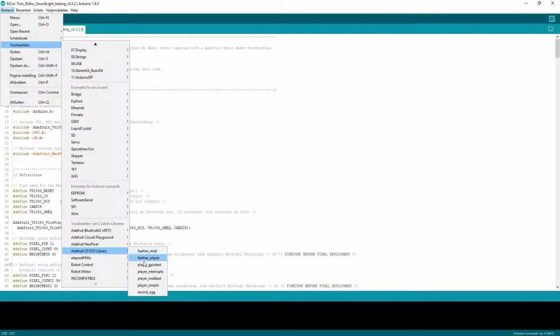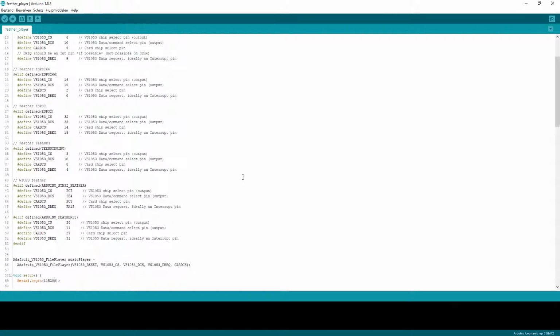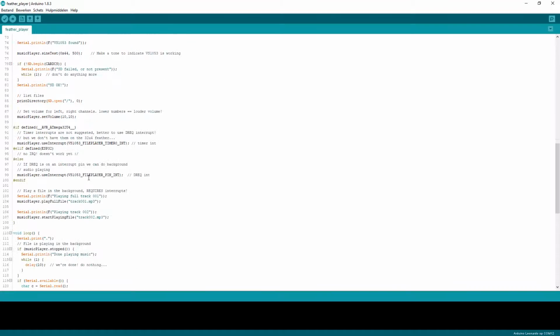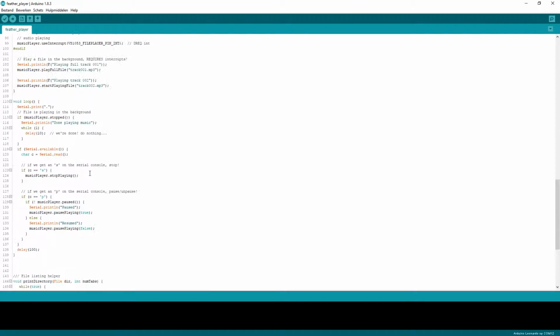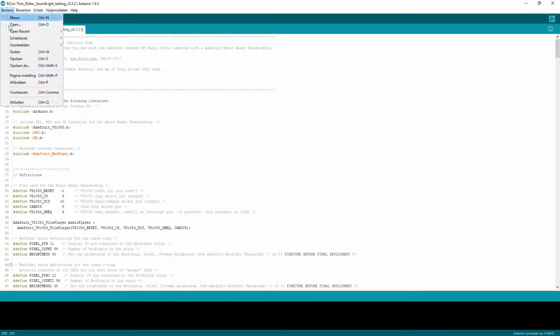And then the library, I believe I've used the Feather Player example sketch. I can just open it and check for sure. Yeah, the Feather Player, because it has checks in there to get the right one. It's automated. Yeah, the Feather Player is the one that I used for the feather, and the original for